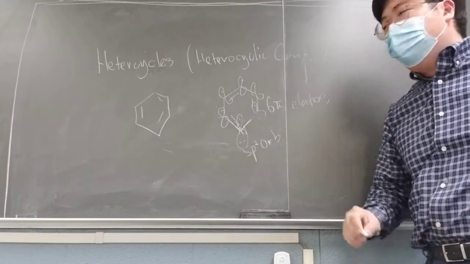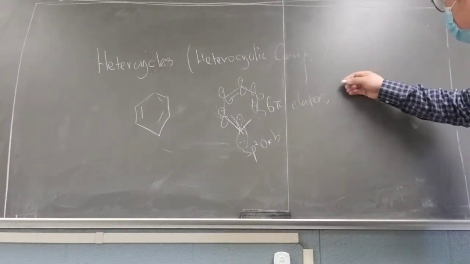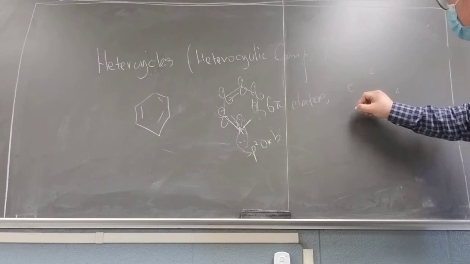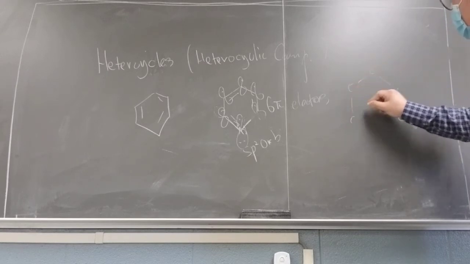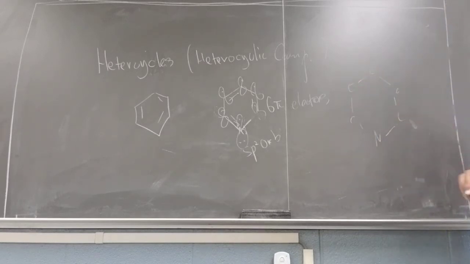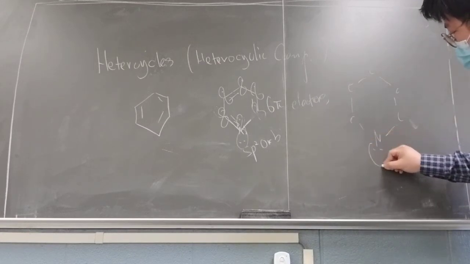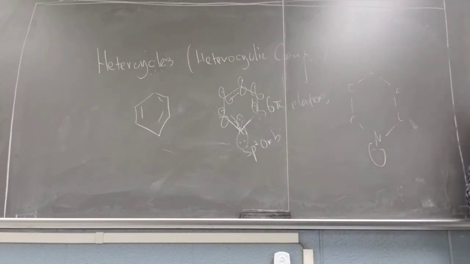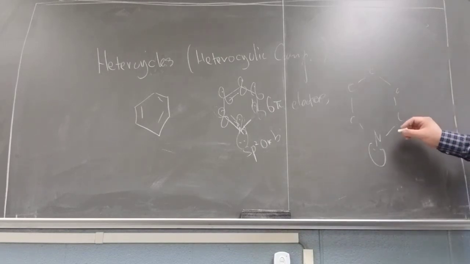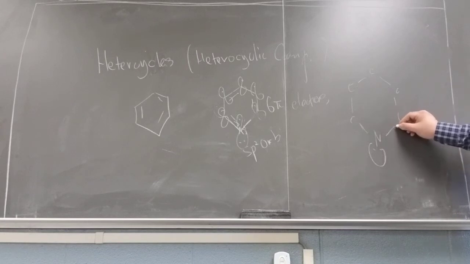Does it make sense? So I will show you. Okay, one more. It's okay, we can always do this on Wednesday again. So if you have this one over here, you have a lone pair here, but that is one part of your hybrid orbitals because there's one electron here and one electron here